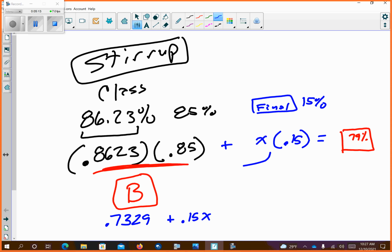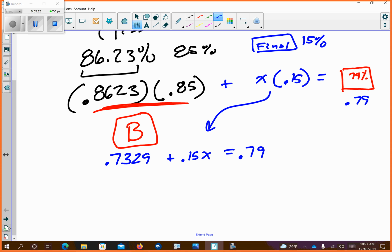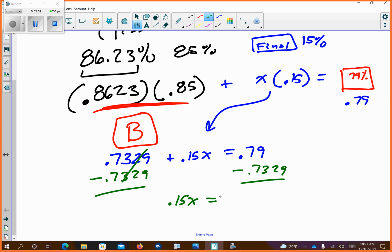0.15x, because that's what this is, equals 79 as a decimal is 0.79. Agree? Does this look kind of like a two-step equation? Yes, we have decimals, but does it look like a two-step equation? Yeah. So I'm going to go minus 0.7329 minus 0.7329. Those cancel, so I get 0.15x equals 0.79 minus 0.7329 equals,